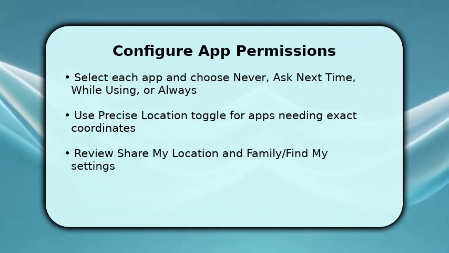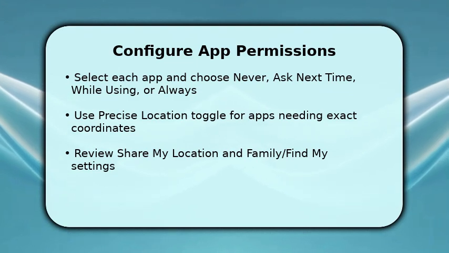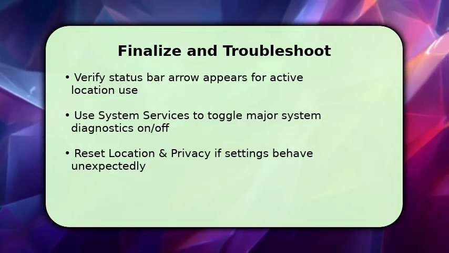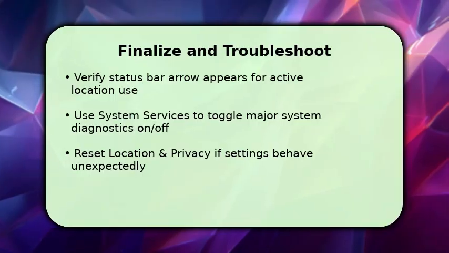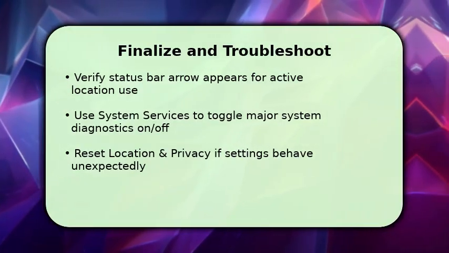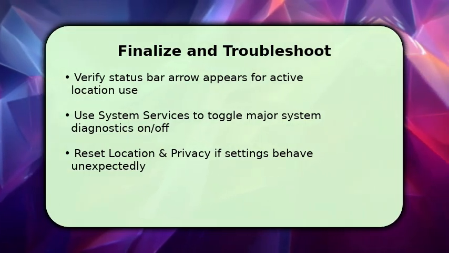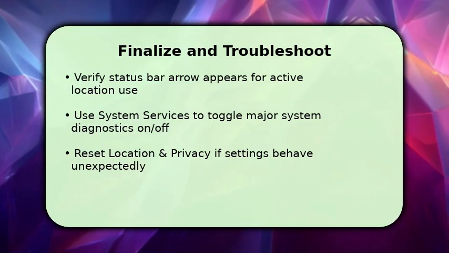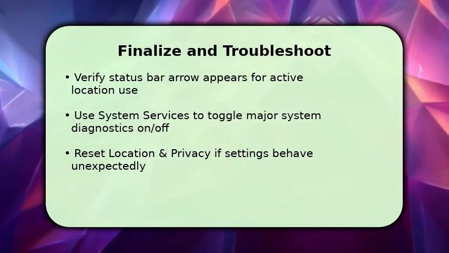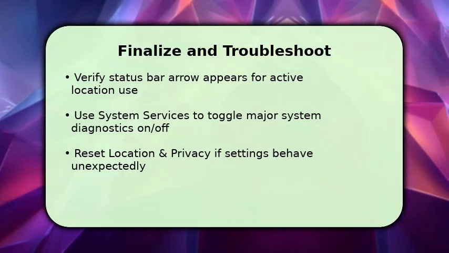Finish by checking the status bar for the location arrow when apps access GPS. This confirms settings are applied. Next, scroll to System Services at the bottom and enable or disable diagnostics like emergency calls and SOS, or location-based alerts as needed. If something still seems off, go to Settings, General, Transfer or Reset iPhone, Reset Location and Privacy. This clears all location permissions so you can